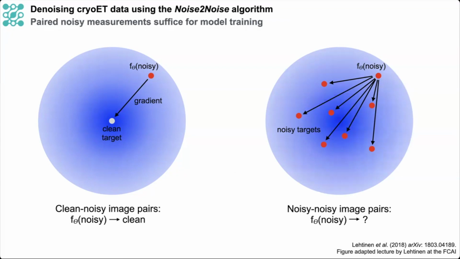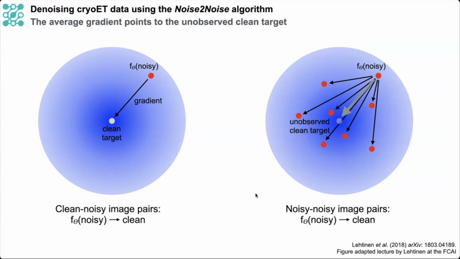And in the case of cryo-ET data, we are in this situation because every image we collect is composed of a series of frames, all of which are imaging the same underlying field of view, but they differ because the noise is stochastically generated. So intuitively, it seems like we should be able to infer what the signal of interest from our cellular sample is, because that contribution should be consistent across all of these frames and only the noise should differ between them. The noise-to-noise algorithm provides us with a framework to do exactly that, because even if you consider any individual pair of noisy measurements, the gradient of the loss function is not guaranteed to point in the right direction, but the average gradient will. As a result, we should be able to learn how to map these noisy measurements that we are able to collect to this unobserved clean target that we're never able to measure.